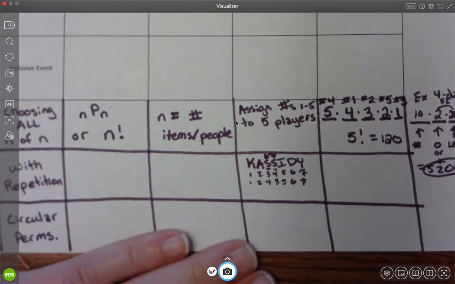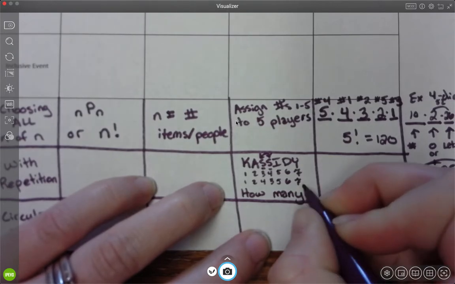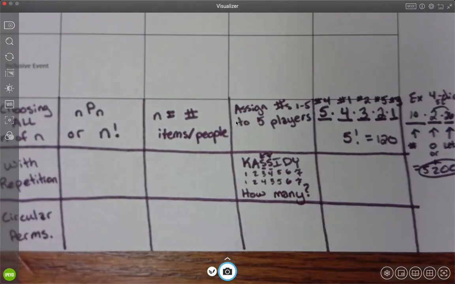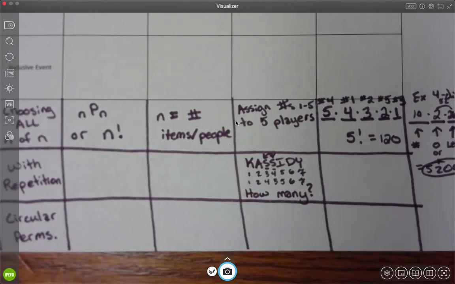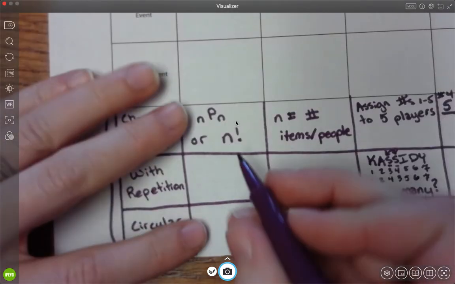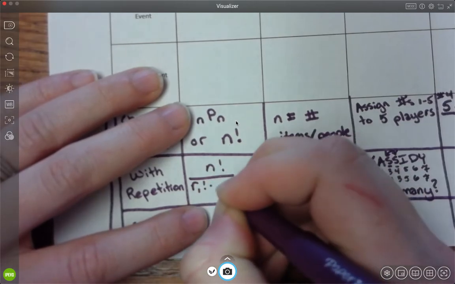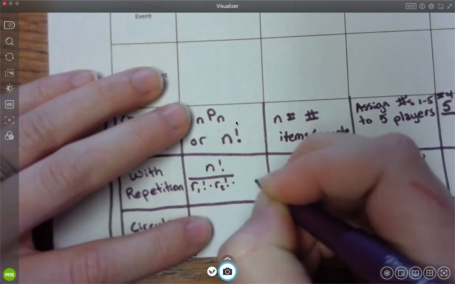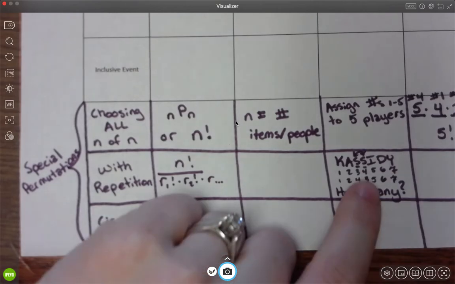And so if I'm trying to figure out how many words can be spelled with the letters of Cassidy's name, now really they won't be words, they will be non-words because they won't even make any sense. But how many different ways can I arrange the letters of her name? I would have to divide out the repeats because there are 2 S's in there. So the formula for this is going to be n factorial divided by r1 factorial times r2 factorial times r dot dot dot. Okay, so if she had multiple letters that were repeating, I would multiply by that